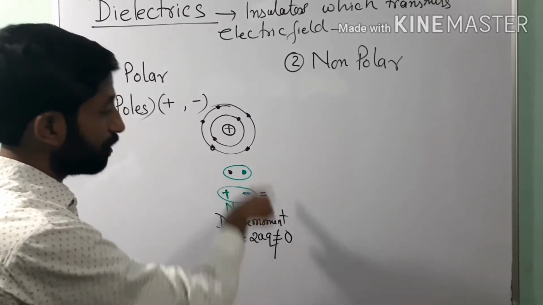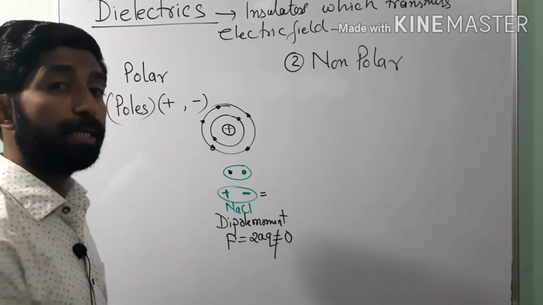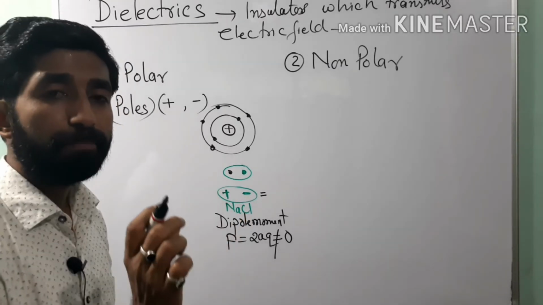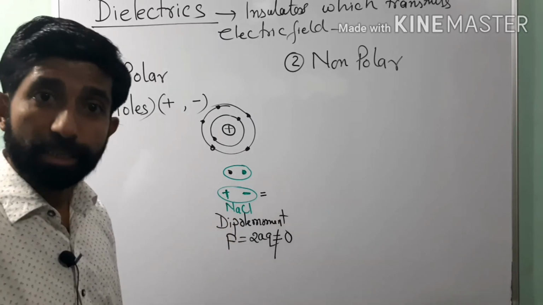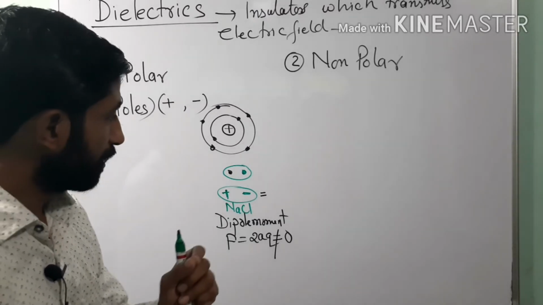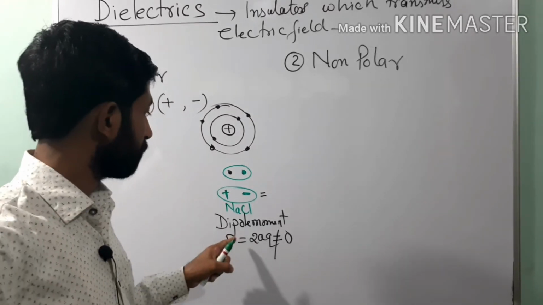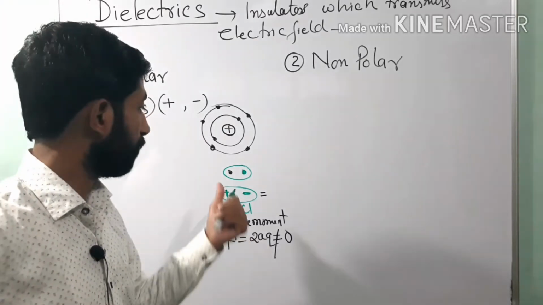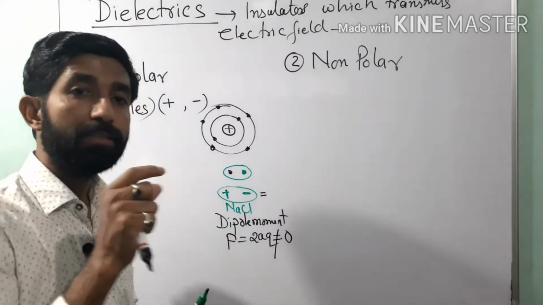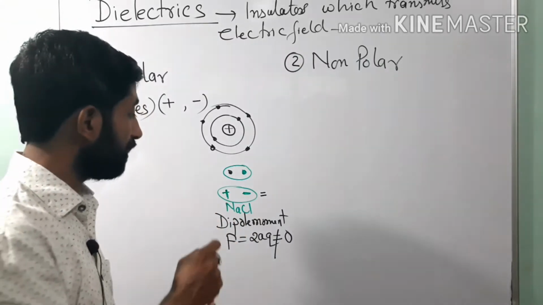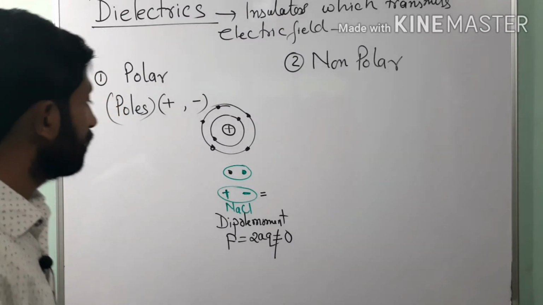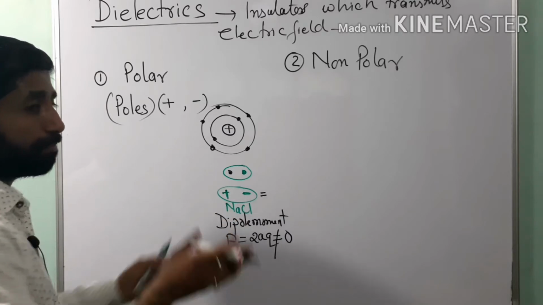So all these sort of molecules which have their own permanent electric dipole moment, due to some gap between their center of positive charge and negative charge, are known as polar molecules. So now you must have got a little bit of a feel that all those molecules which have their positive and negative centers of charge separated by a little more distance are called polar molecules. Okay, so if I have a slab of